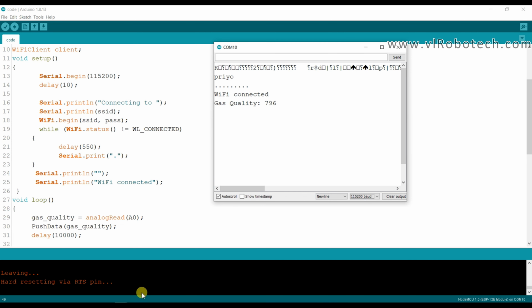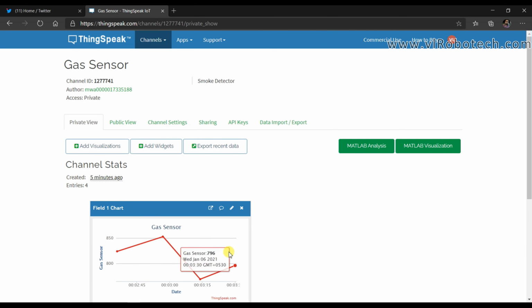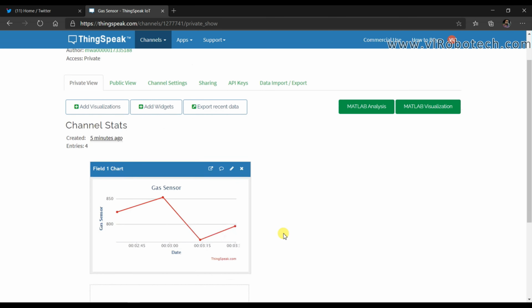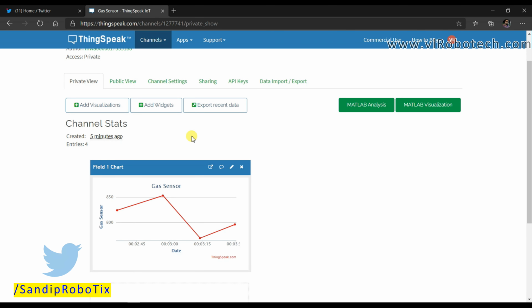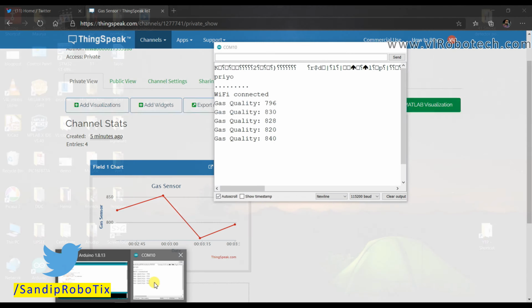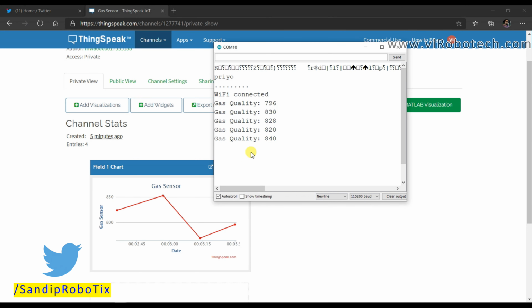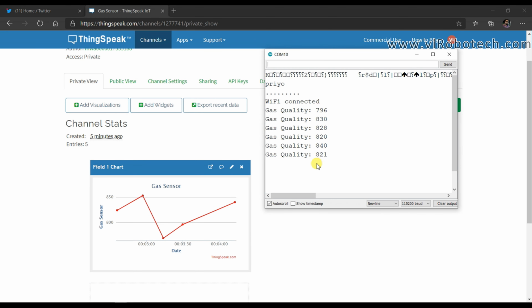Now I will open the dashboard. Here you can see it is showing on the graph. Okay, it is going to 821.